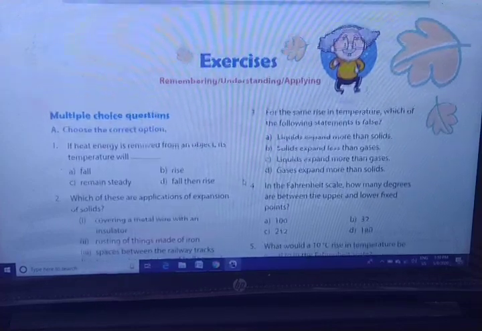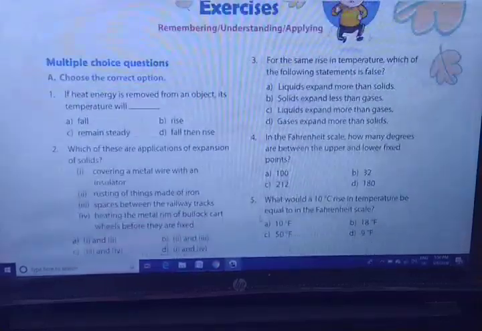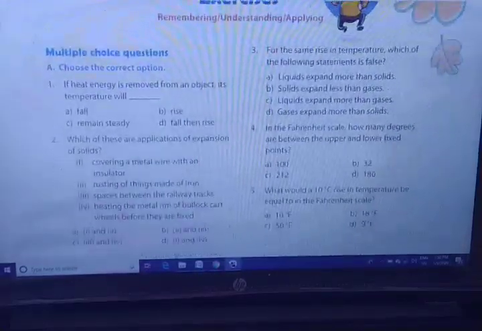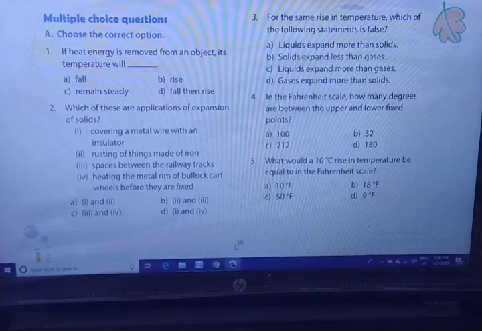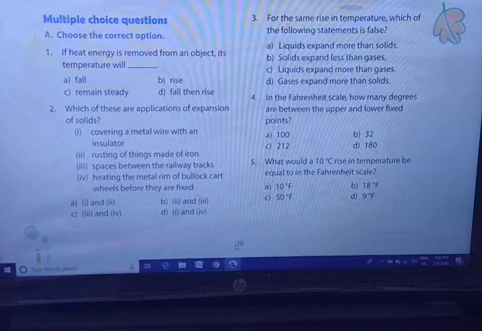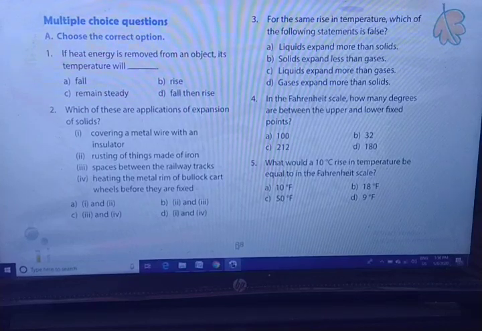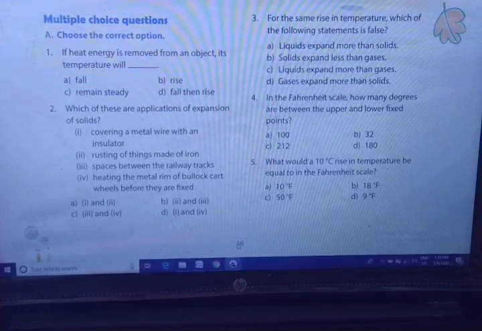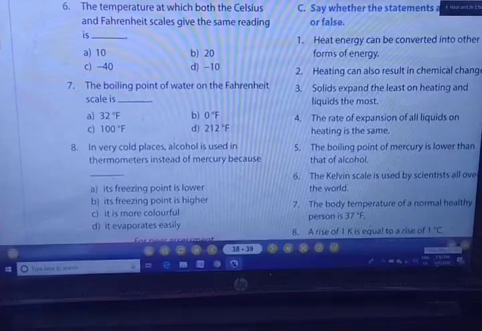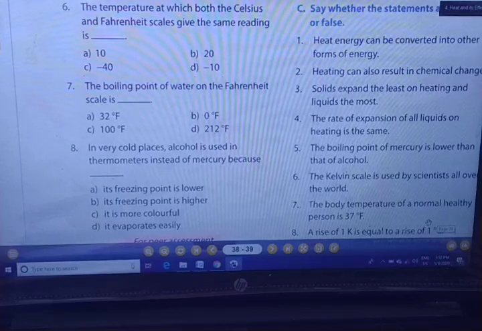You can see here chapter number 4 multiple choice questions. As already shown here, these are the multiple choice questions. You can take a screenshot of these questions. After that I will give you the solution of all these questions. Yes, you can see there are 5 MCQ questions, right? All of you have taken a screenshot of these 5 MCQ questions. After that, these are MCQ 6, 7 and 8. Take a screenshot of 6, 7 and 8, right? All of you have taken it.